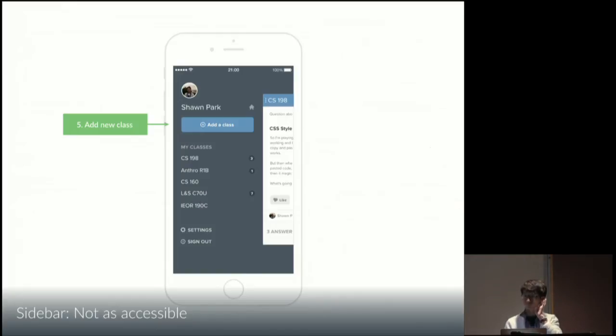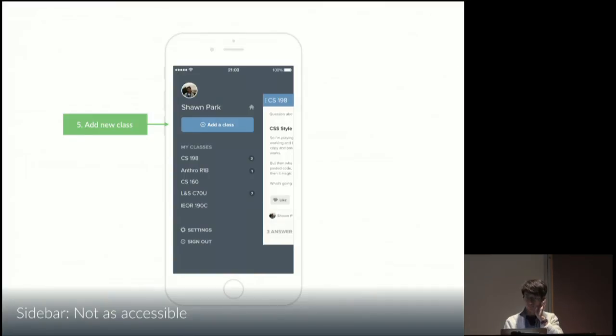Why not do different classes on the bottom of your application? Yeah, that's a very good point. So Kevin asked, why did I choose to use a sidebar instead of the iOS style, the bottom navigation bar or the top bar? One reason, which I'm going to mention in the next point, is hierarchy.